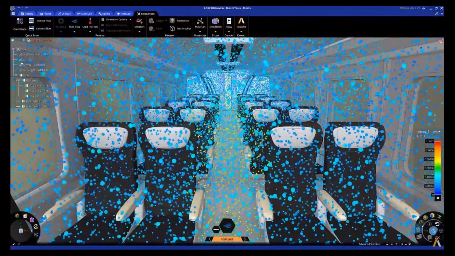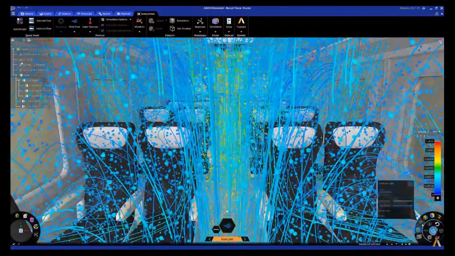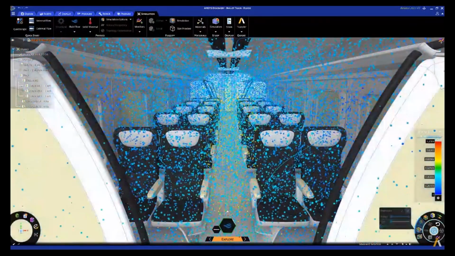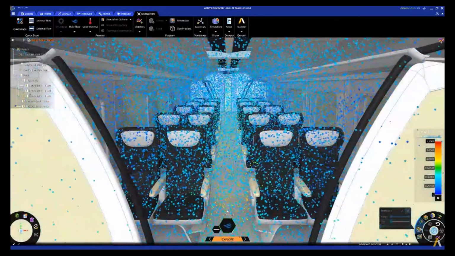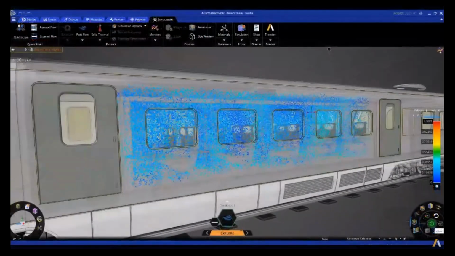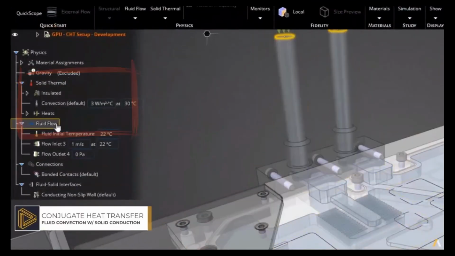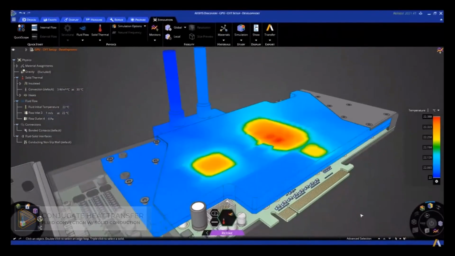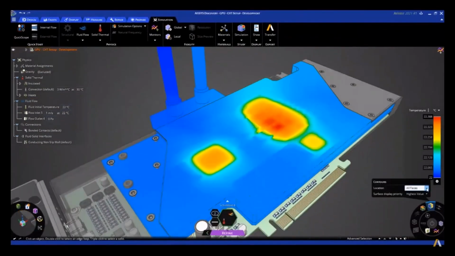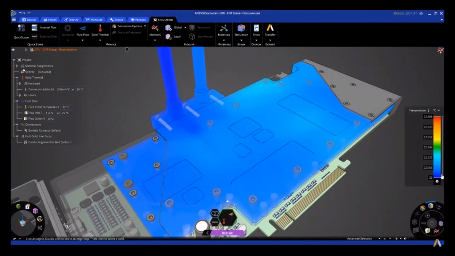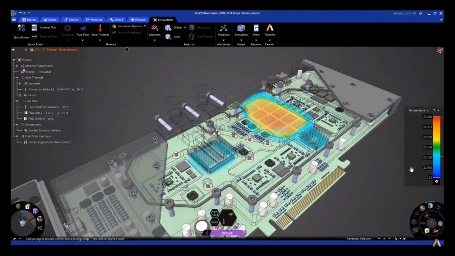Perhaps best of all, Ansys Discovery is one experience, one environment, providing seamless access to the best of what Ansys has to offer. Ansys Discovery predicts the thermal behavior of devices involving fluid convection coupled with solid conduction for the design and evaluation of electronics, cooling, and heat management devices. Especially notable is the automation and intelligence that makes setting up this type of scenario faster, more intuitive, and easier